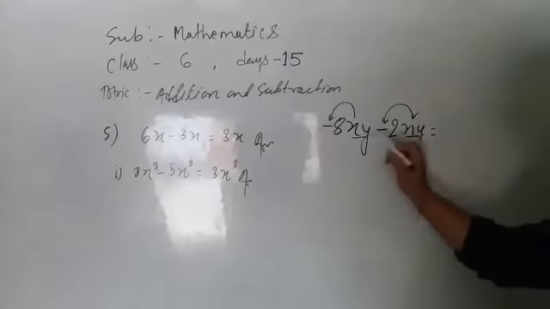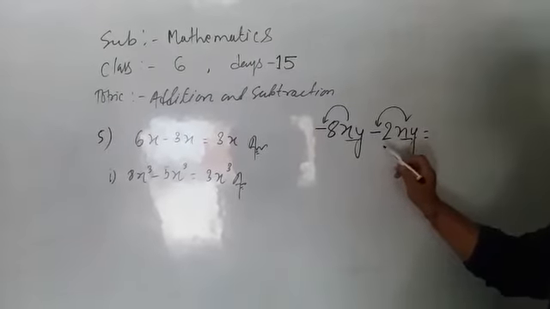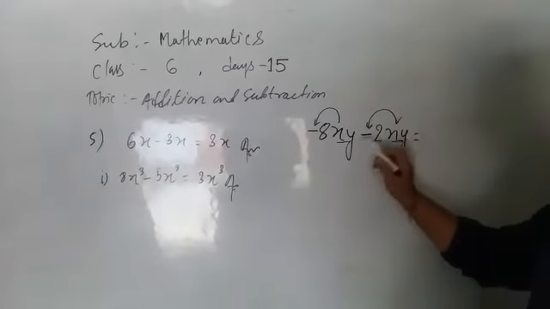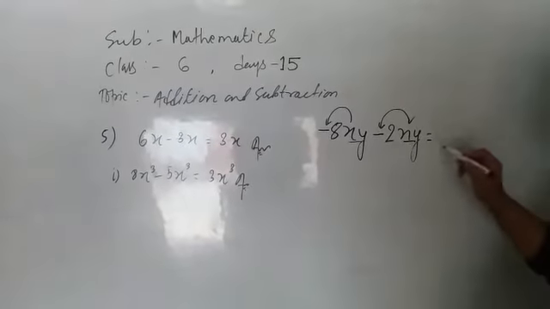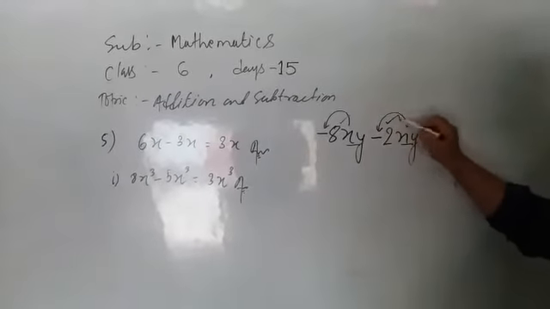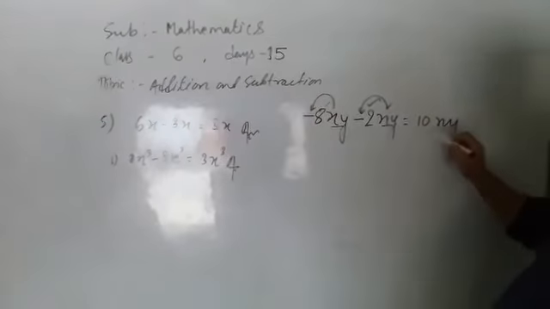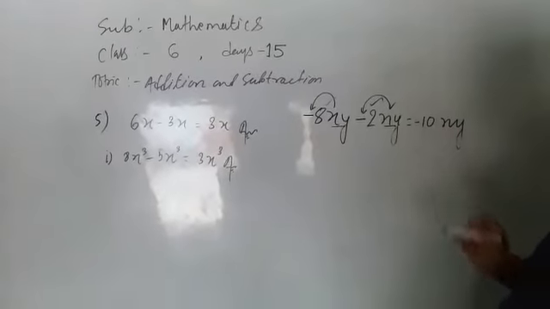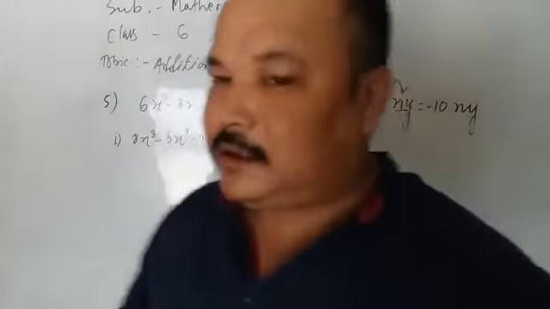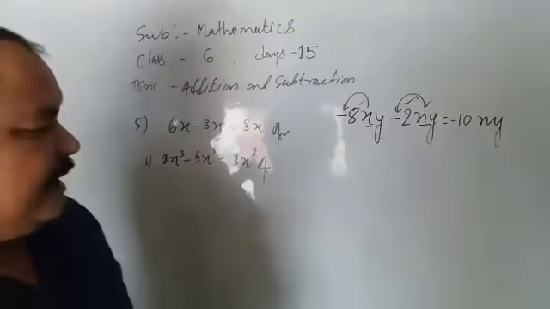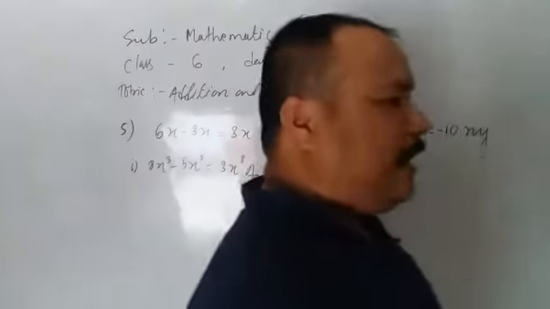Here, between the two terms there is the minus sign. So if you do minus, it is a wrong answer. Okay? Because when two terms have a similar sign, they should be added. So addition: 8 and 2 is 10, so 10xy, and the sign will be minus because similar signs always add, whether they are addition or subtraction. Terms having the addition sign or the subtraction sign should be added, and the sign will be the same.